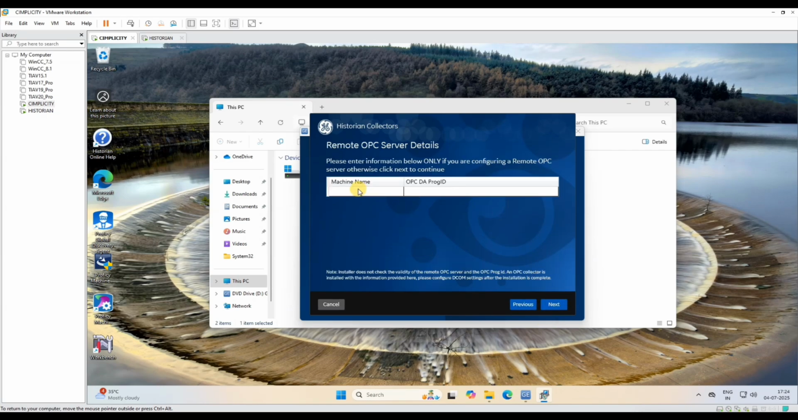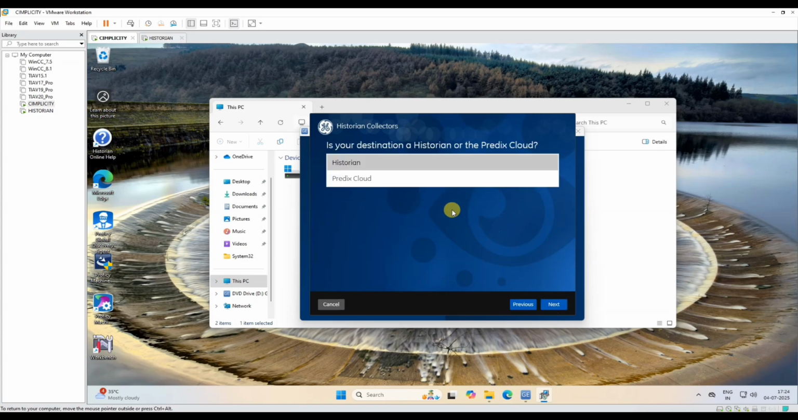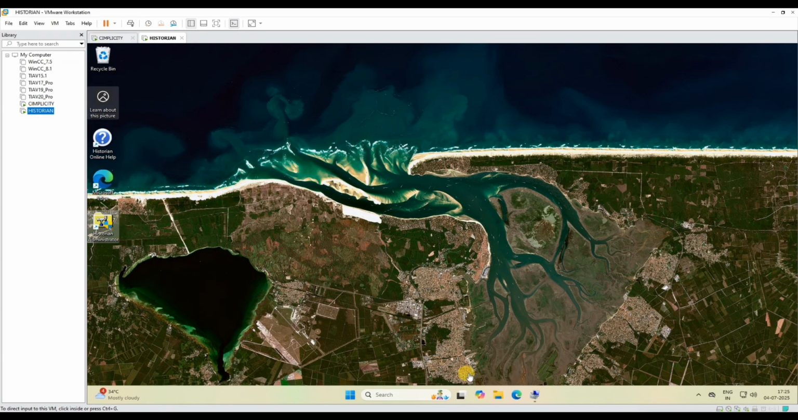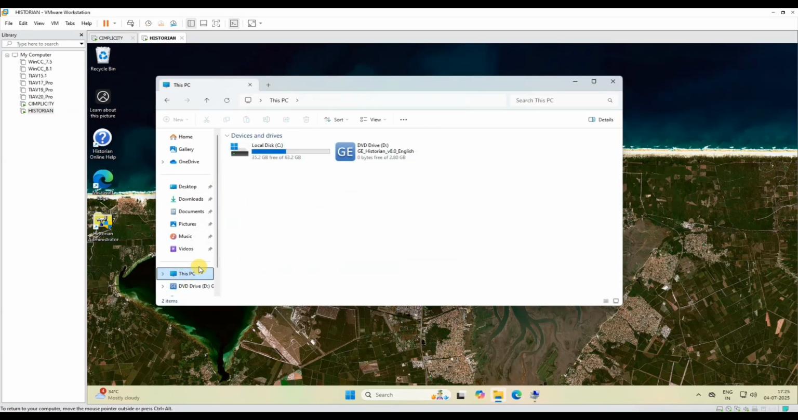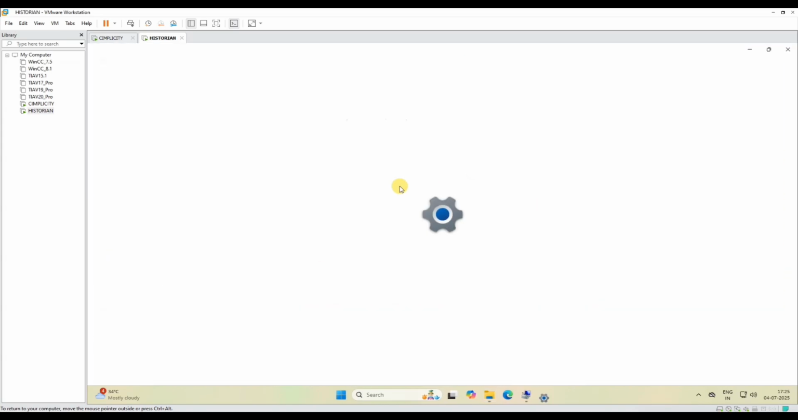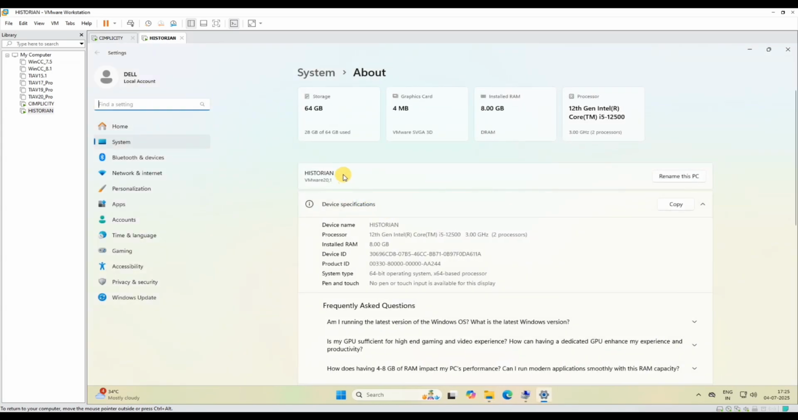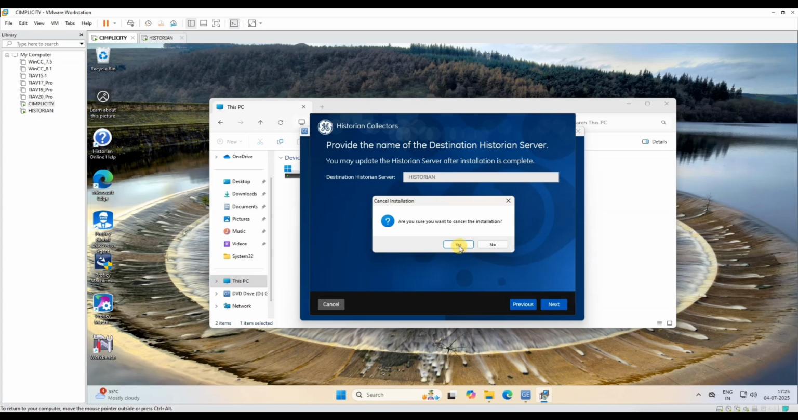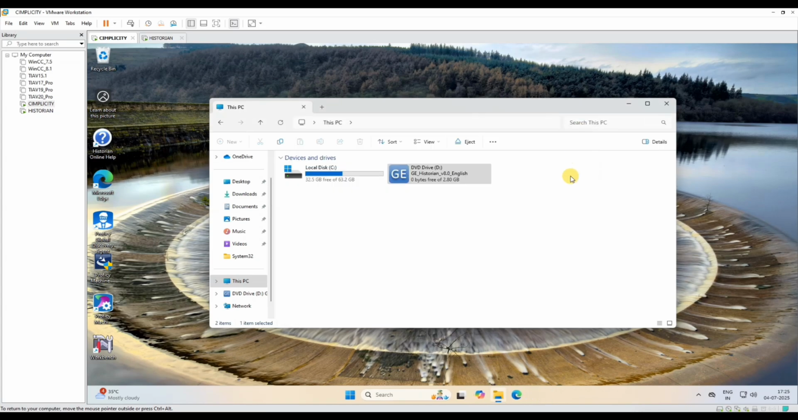Then press next. This is the local machine, Simplicity is installed on the local machine. Then click Historian and change the destination. In my case, the Historian computer name is Historian. Go to File Explorer, right click on PC, then Properties. Look, the Historian PC name is Historian. That's why I'm putting Historian here. Then click Next. I have already done this, so I am closing this, and